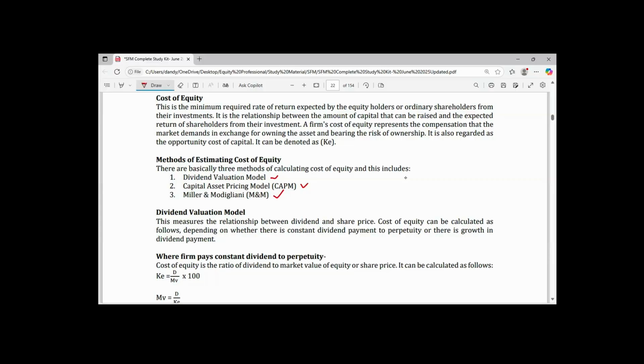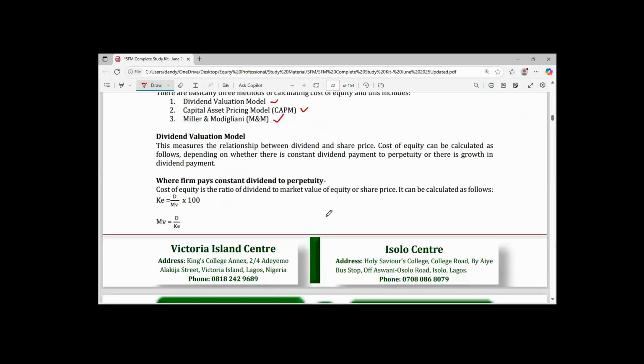And I gave you two formulas that you can use, and I demonstrated it on the board how you can calculate it. Then the second one is the Gordon growth model. It should be used to calculate growth rates when information on earnings as well as the capital employed are given in a question. And I think that's where we stopped last time.